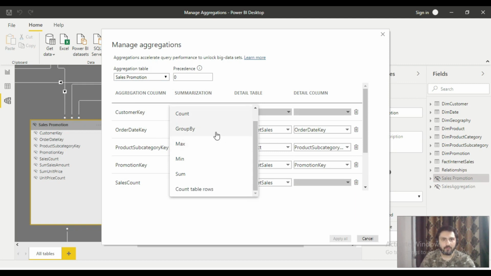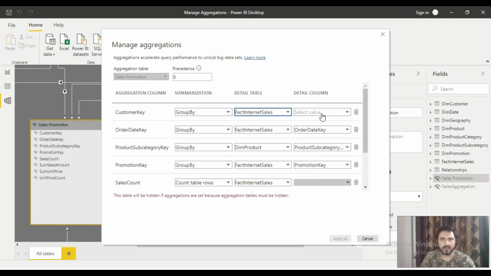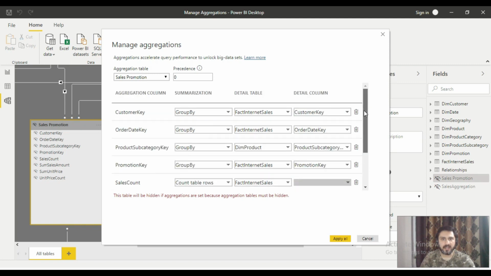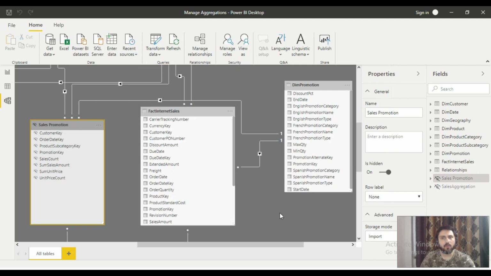So you will define the group by clause, you will select the fact internet sales table, and you will select the customer key. So the rest of the aggregations are exactly the same as they were present in the sales aggregation table. The group by clause with the promotion key, then the sales count table rows, sum of sales amount, sum of unit price count. So this is the exact same relationship which we also defined in the sales aggregation table. So now since we have already defined it, let me cancel it, and now let's switch to the demo